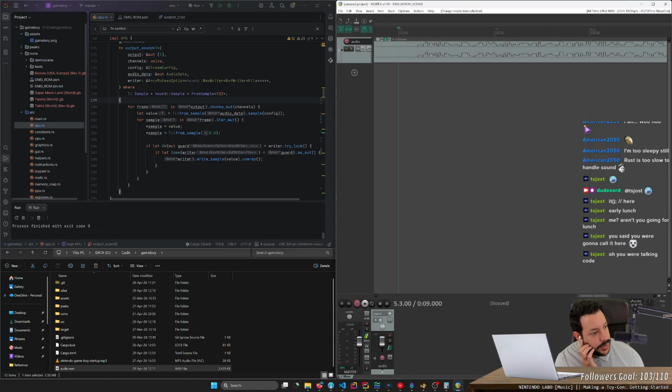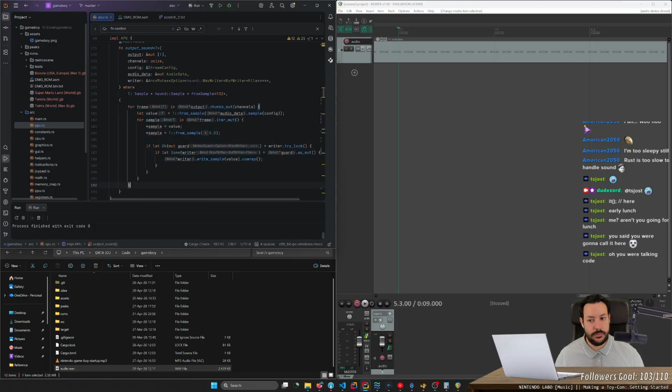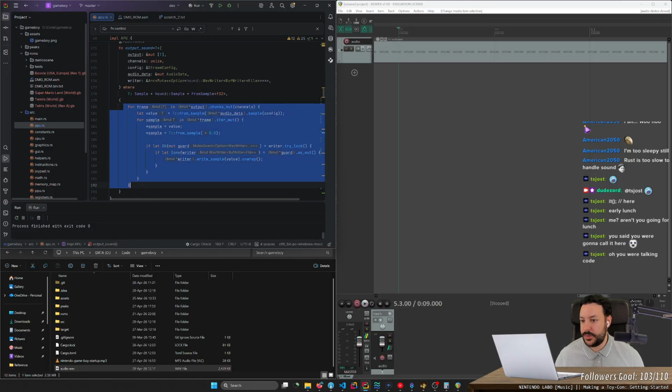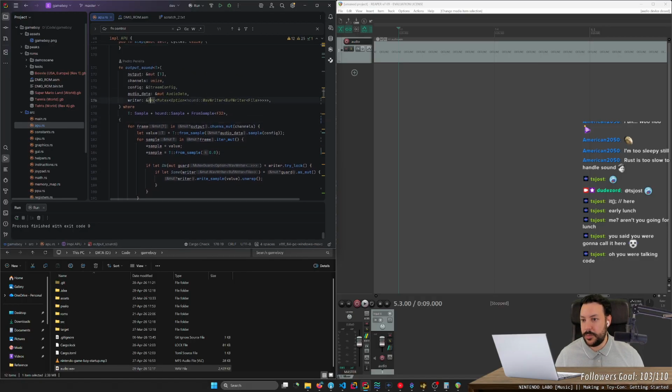But my theory is that this output sound thing is its own actual thread. The library that I'm using for outputting audio creates an audio thread so it doesn't get stuck with the CPU. And this is getting called a ton of times. Okay, not 48,000 times, but like 40 times a second or something, because every time it gets called, it expects me to output a bunch of stuff into this buffer.